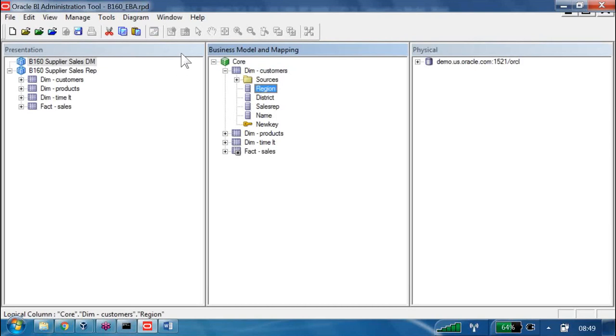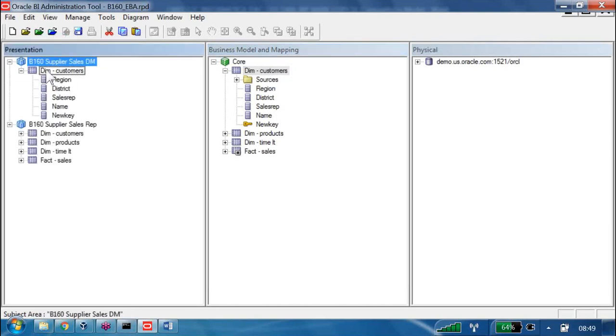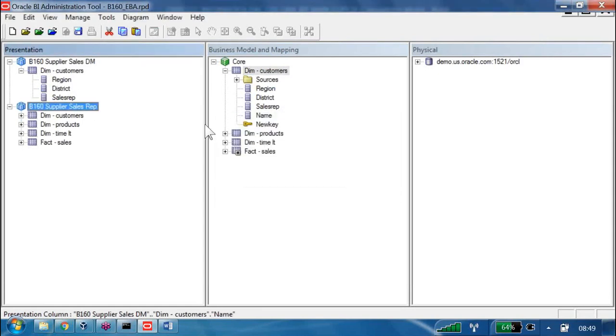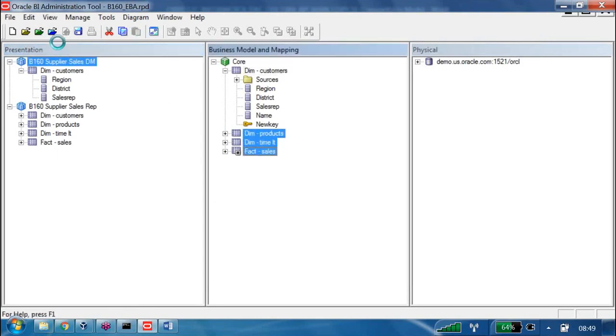So I am taking customer, but I don't want the customer name or the customer key. Whatever columns I don't want, I am removing. Are you getting my point? Whatever he is interested in or whatever is useful to him, only that I am keeping. Now here products and facts I want, so I am dragging and dropping.